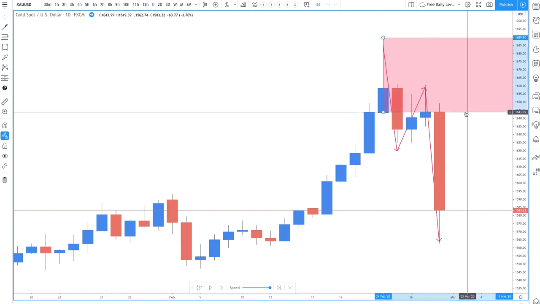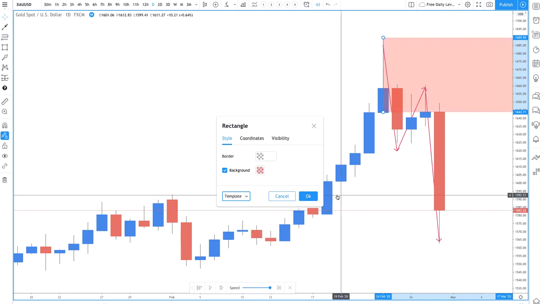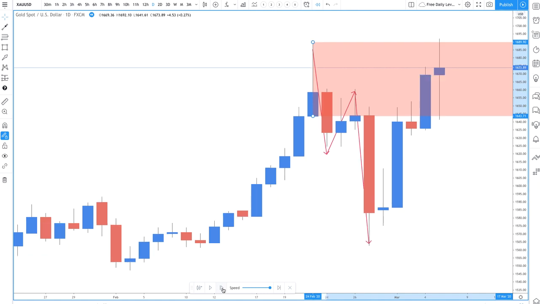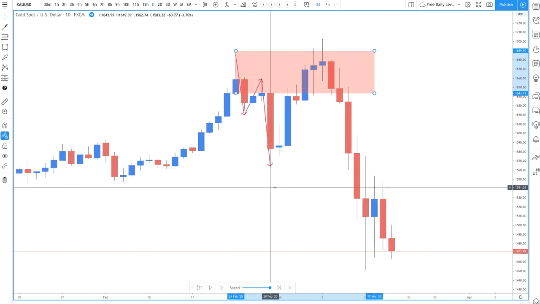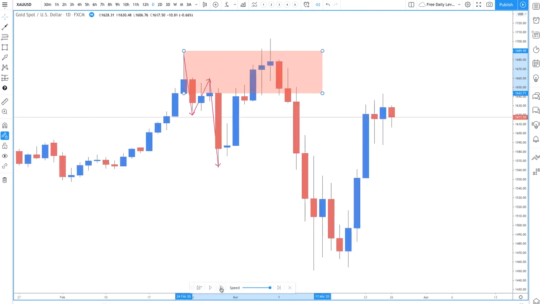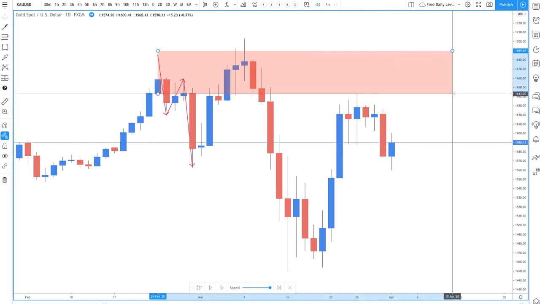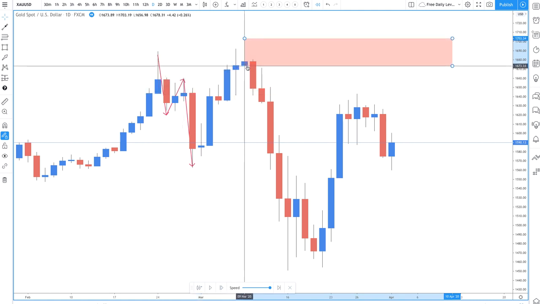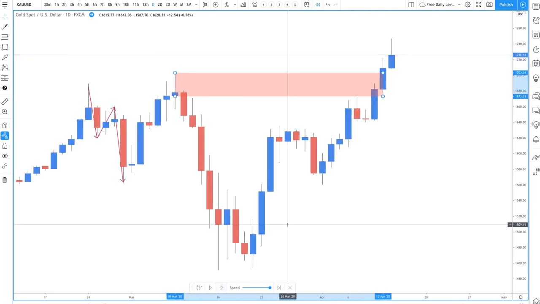And let me just turn this to a supply zone so you can see. Lower highs, lower lows. When prices come back up here, that is supply. The supply zone ended up holding. Brilliant. Now as we go forward, we drag this across, and in fact we can move the supply zone up here like that. As we go across into this zone here, we can see that that level of supply,